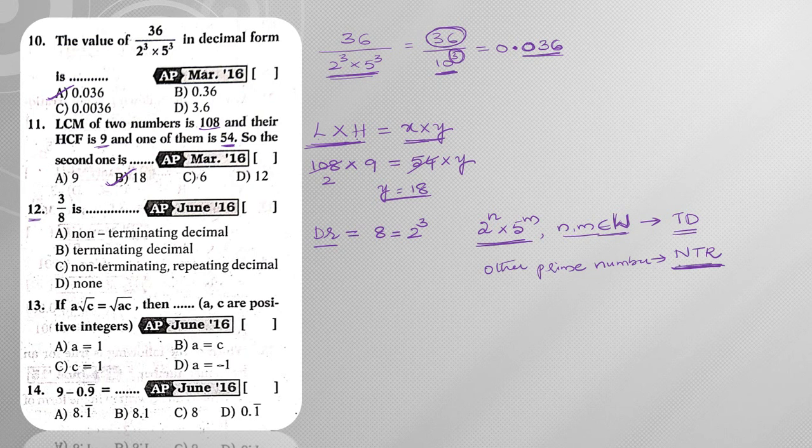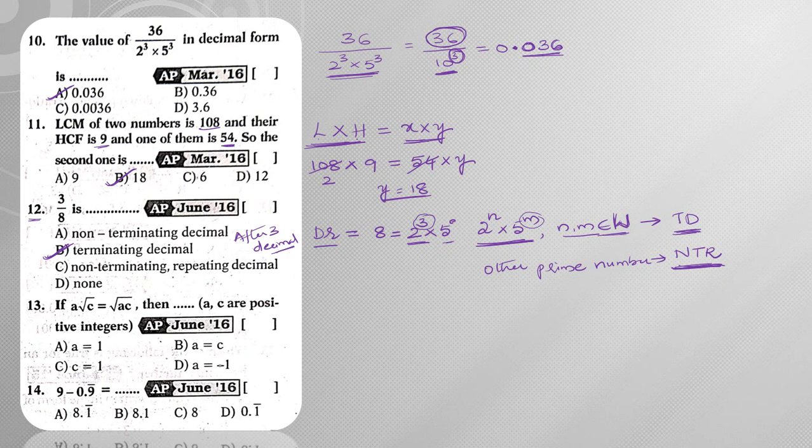So in this particular situation we have 2 cube. So 2 cube into, directly we can write, 5 power 0. That means it is in the form of 2 power n into 5 power m, where m is 0 here. So clearly it is a terminating decimal. Suppose we ask after how many decimals it will terminate, then you can directly see the exponent. The highest exponent decides the decimal place values. So here it is 3. So we can simply say after 3 decimals it will terminate, right?